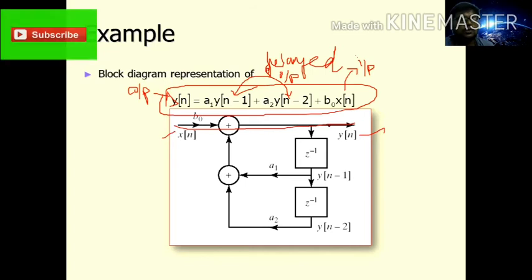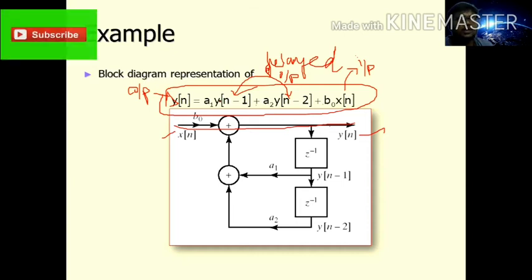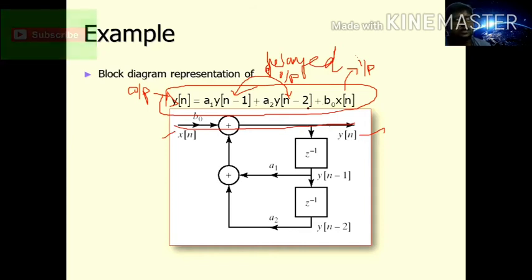Okay, now you just observe your difference equation. What are the signals it receives here? How many signals are received here? So 1, 2, 3. 3 signals will be received here. So we need 2 adder blocks. Isn't it? 1, 2. So 2 adder blocks are required. Then how many delay elements are required? 2 delay elements are required because here n minus 1, here n minus 2. So 2 delay elements are required. Right, I put here 2 delay elements. Actually this is for discrete time system, no? So that's the first step.